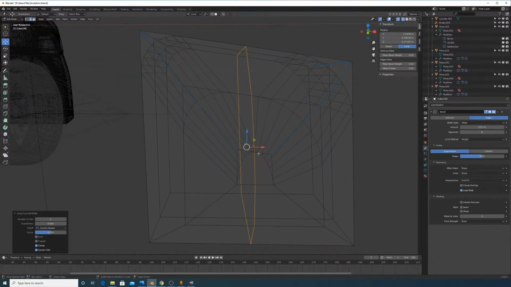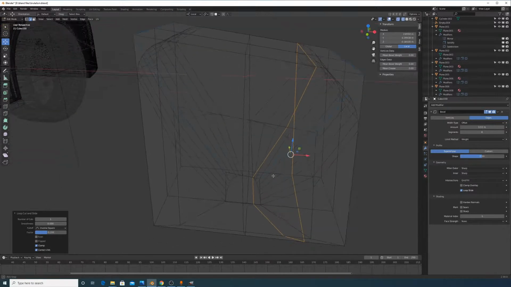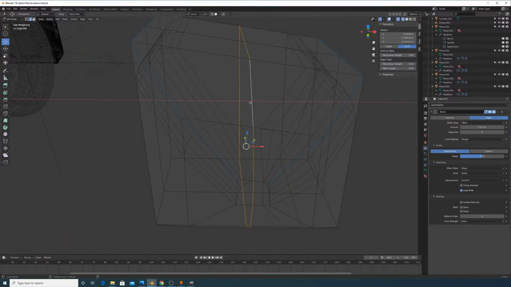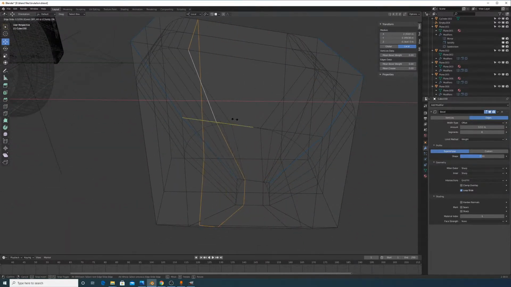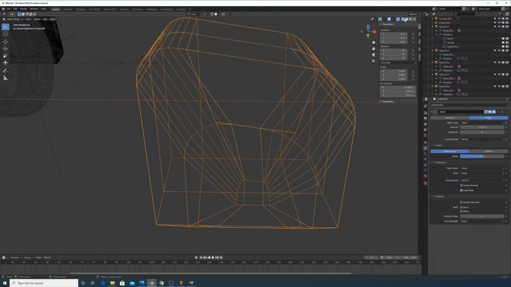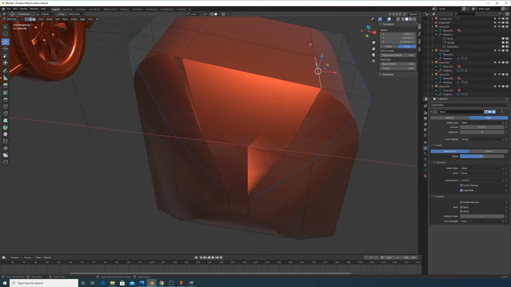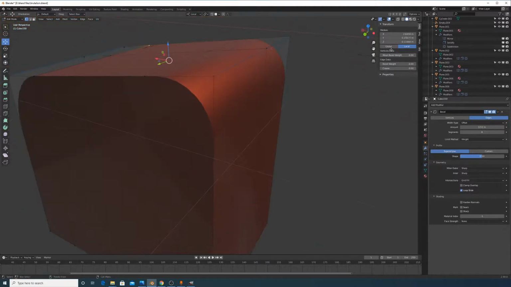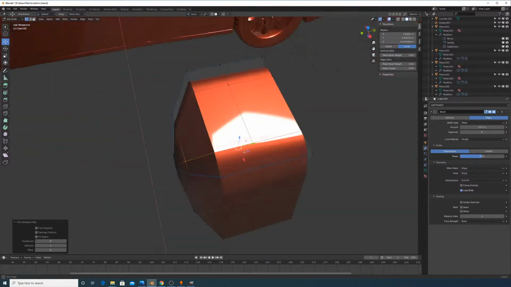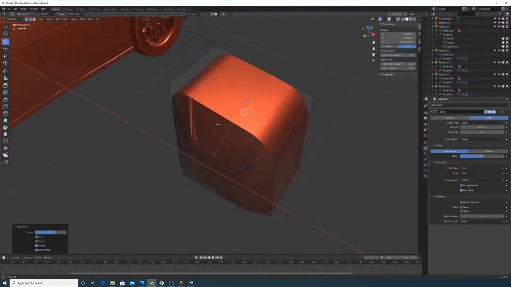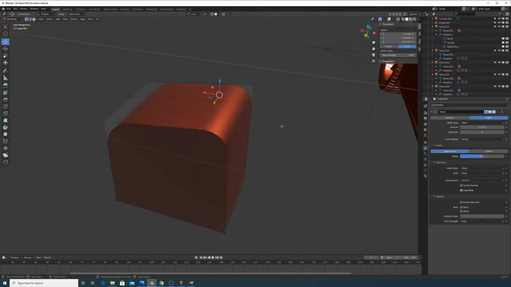Or I could just add some edge loops like that, just to kind of tell the bevel not to apply there. But I also need to move these edges in a little bit more. It's a lot of trial and error when working with bevels,